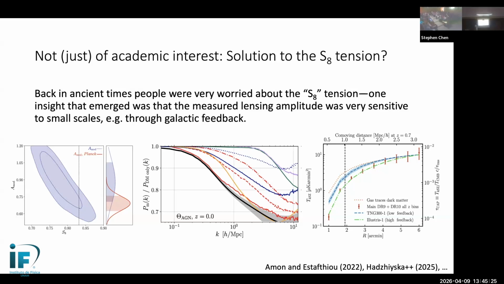And in fact, you can translate such a thing into a prediction for what the shape of baryonic feedback has to be. And so people began to be worried that maybe we were seeing low lensing amplitudes because baryonic feedback was stronger or more different than we thought. And this actually has turned into a somewhat interesting